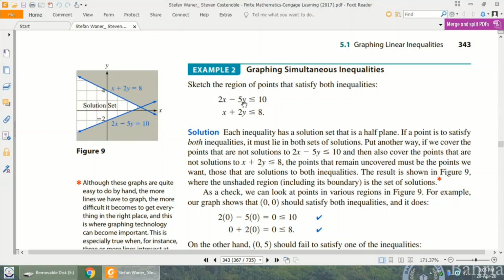If x is 0, then we can have y as 1. Yes, we can also have 0, 1 in this case. So y is 1, and this will be minus 5, which is less than 10. So we can have 0 and 1 also as point of origin. We can also have 0, 0 as point of origin. And from minus 2, now how do we draw this whole line? You see, then we can keep this as 0 and then x as 5. So x is 5 here, so minus 2 and 5, then you can just simply extend the arrow